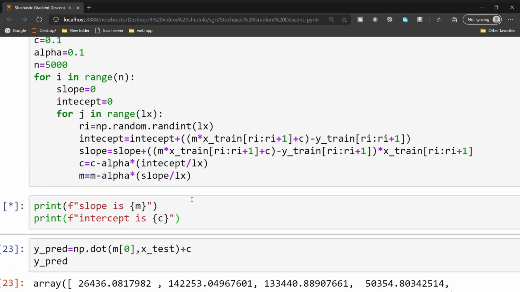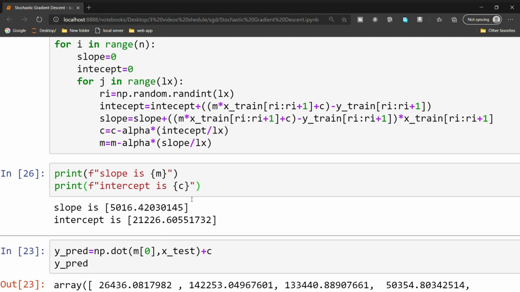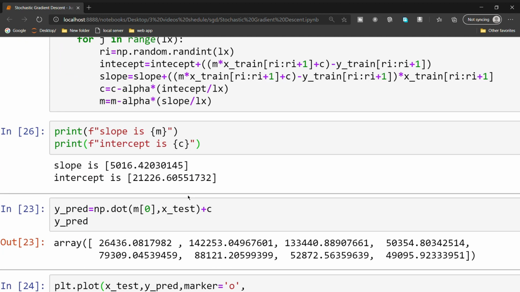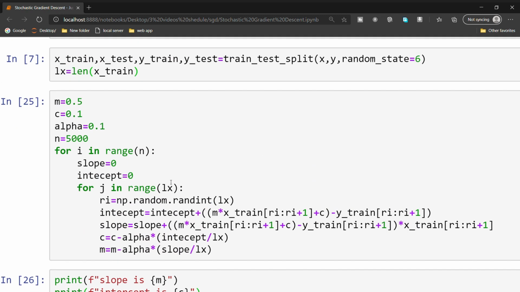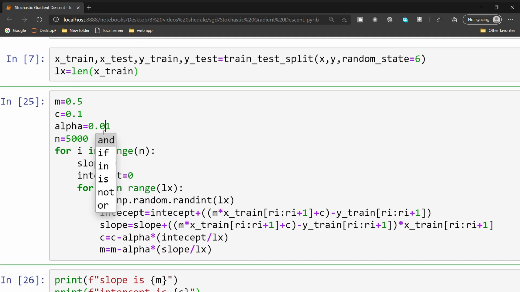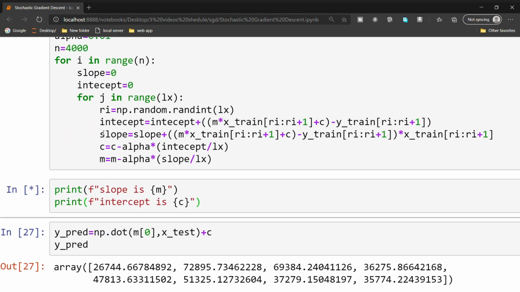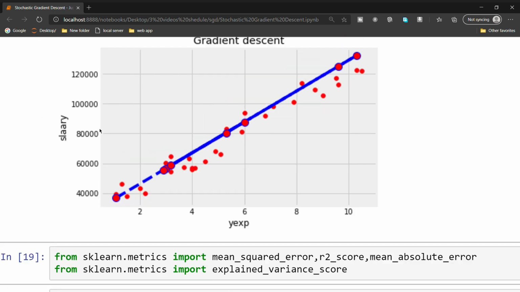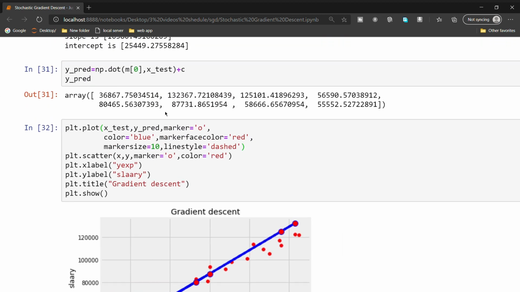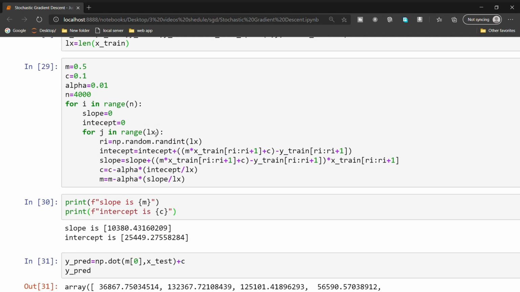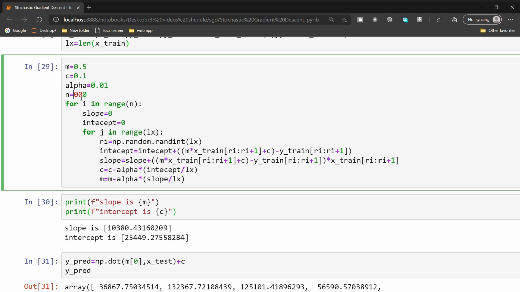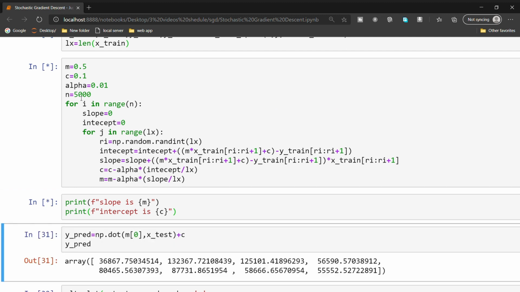That's why we are ending up with the same values for m and c. Oh, our line is very bad. I think we need to reduce the learning rate and iterations. So now the line is fitted. We got slope 10,000 and intercept 25,449. Let's again increase by 1,000 more iterations.